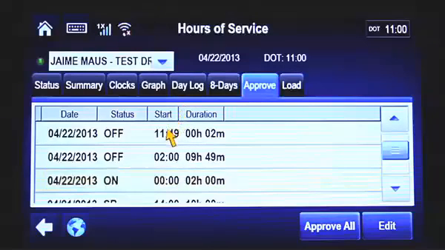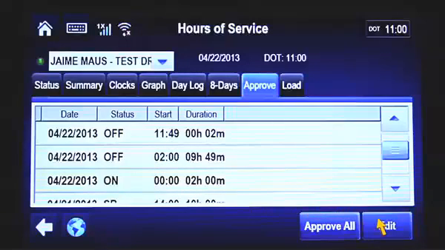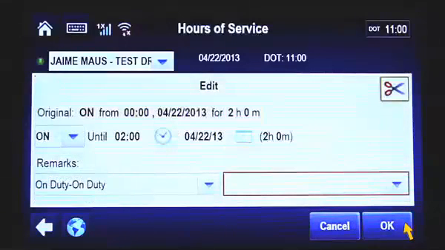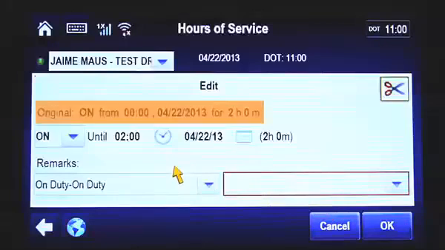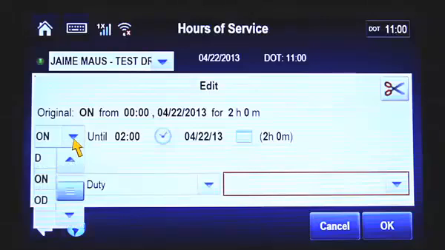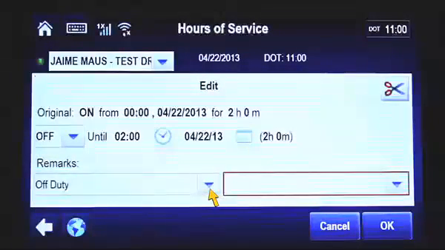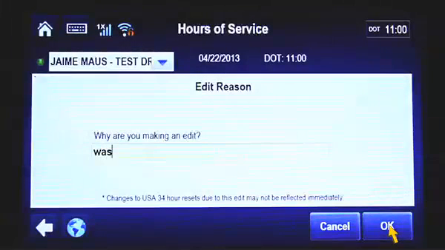To edit the duty status, tap the record that you want to edit. Then tap the Edit button at the bottom of the screen. The Original field tells you the original duty status, the start time and date of that status, and the duration of the duty status. To change the duty status from on to off, select the drop-down menu and tap Off. Type in a note describing the reason for the duty status change. A secondary screen then appears, the Edit Reason screen. Fill in the reason for the change again, and then tap OK at the bottom of the screen to complete